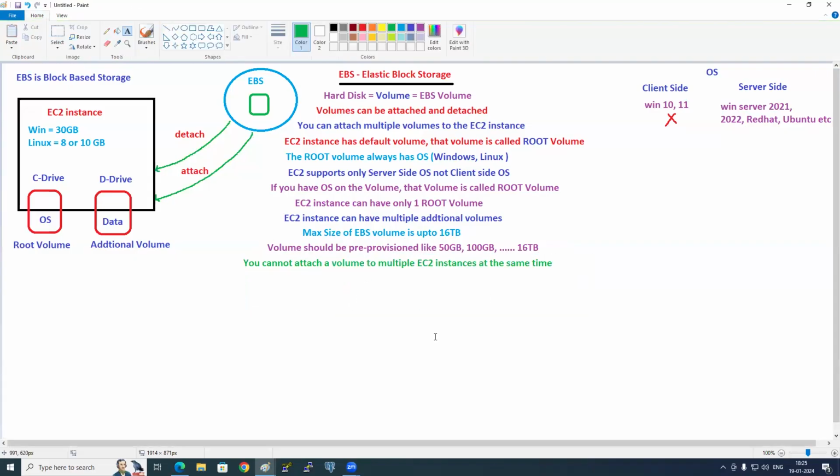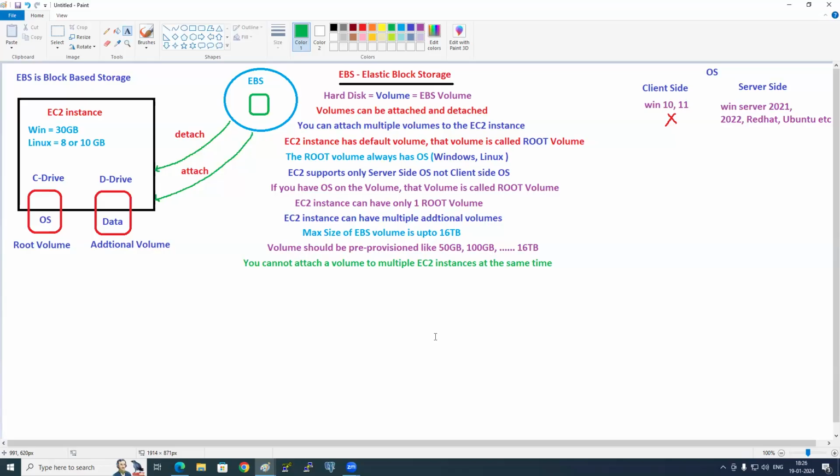Okay, I'll give one requirement. You have launched one Windows EC2 instance. How much size do you get? 30 GB. Very good. But this 30 GB may be sufficient now. Maybe after 1 month, this 30 GB will be full. And what do you need now? More. You need more GB. So let's say, for example, there is 30 GB, but I want 300 GB now. Is it possible to increase? The answer is yes. That is cloud.